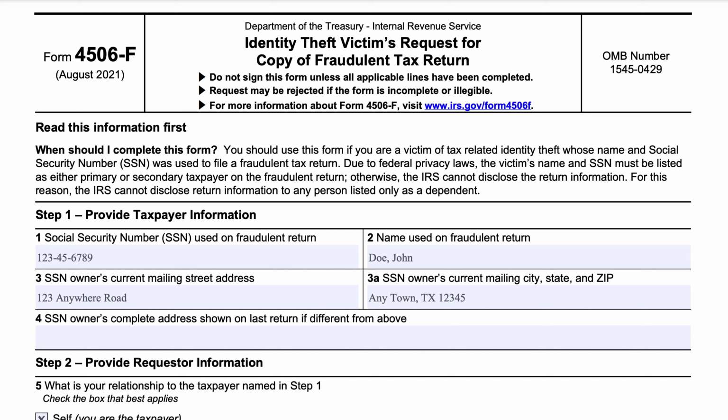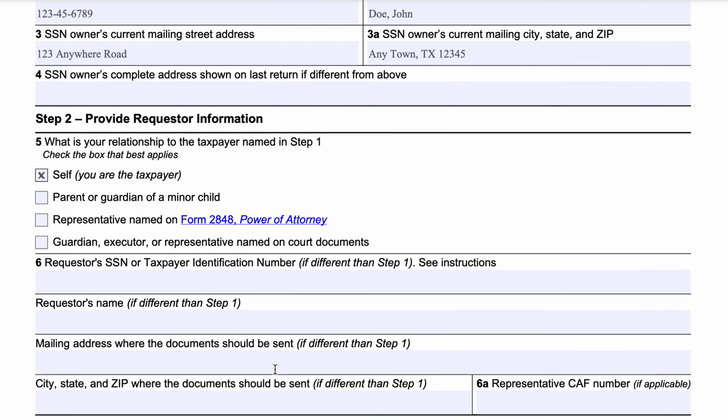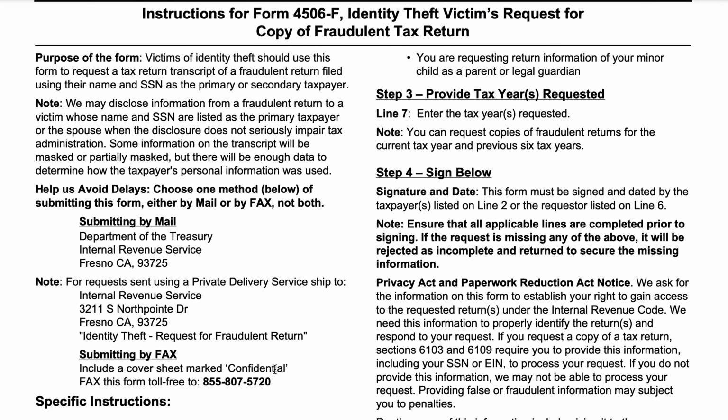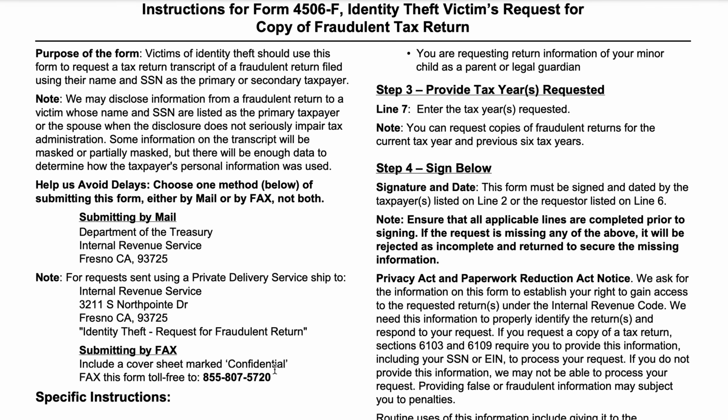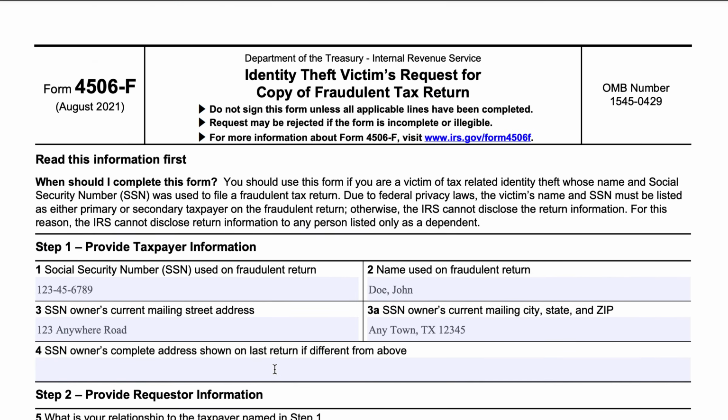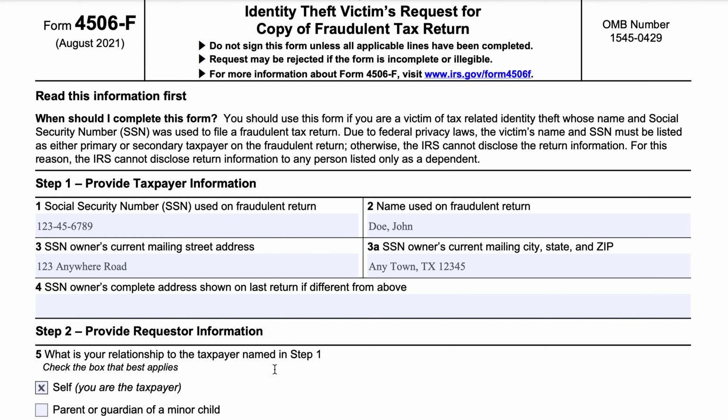So now that we've gone through what the IRS can help you with, we're going to kind of briefly go over this form. So it's a one-page form. All of the instructions are in the back, including where to mail or fax this form to. So let's start at the top, where you can provide your taxpayer information. If you are not the taxpayer, then if you are